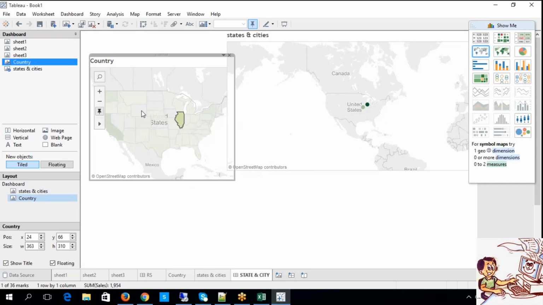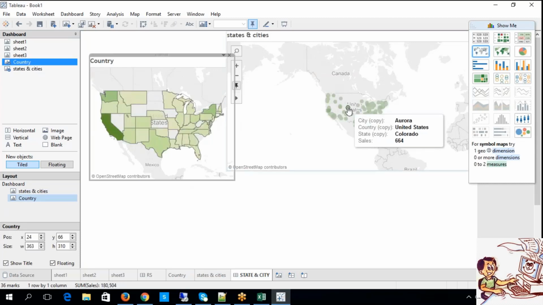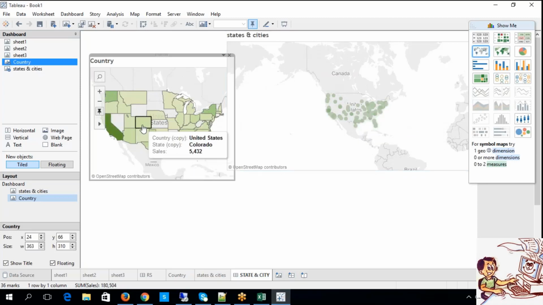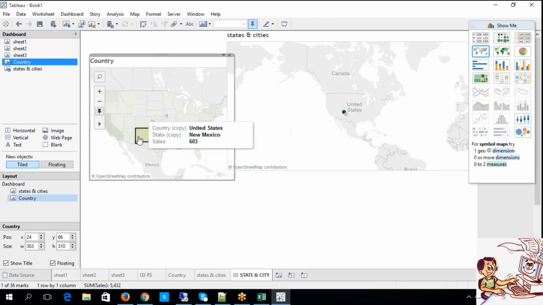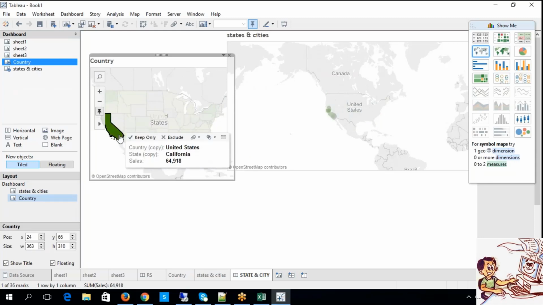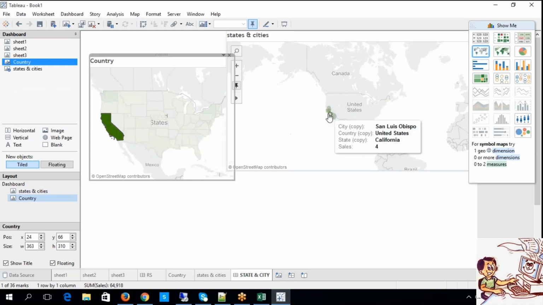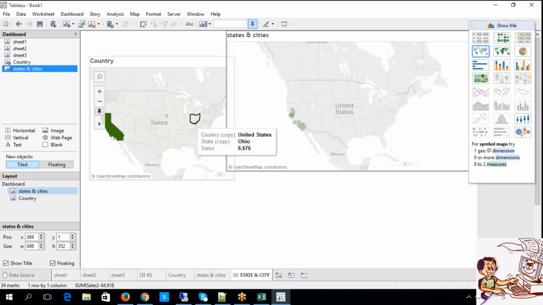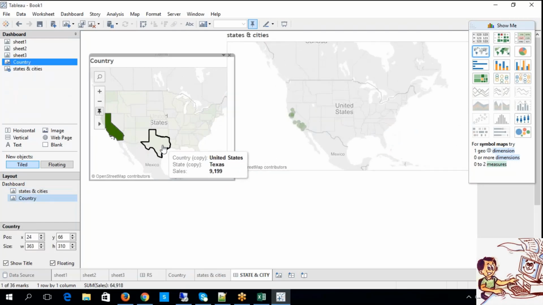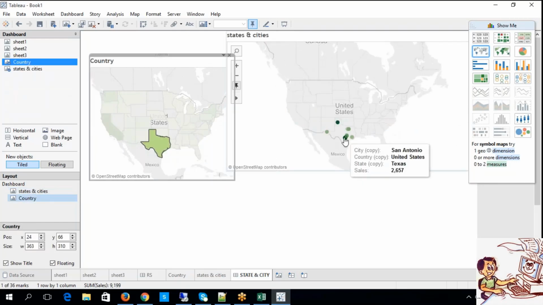Now the moment I select a particular state, it is showing me the corresponding values. Here, what am I selecting? Colorado. The moment I select this one, it is giving me the corresponding cities here. Let me increase this. When I select Texas, it is giving me the Texas related values here.